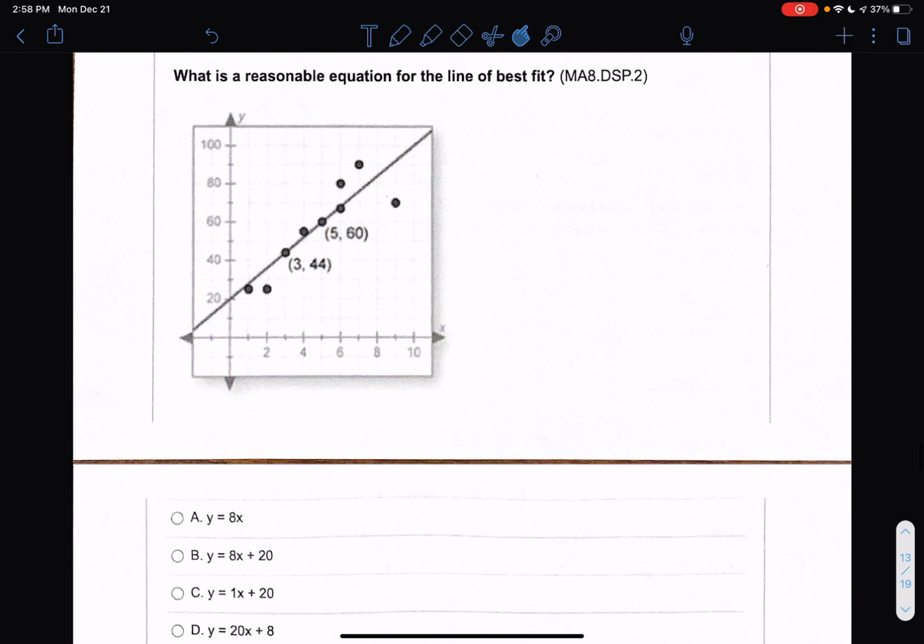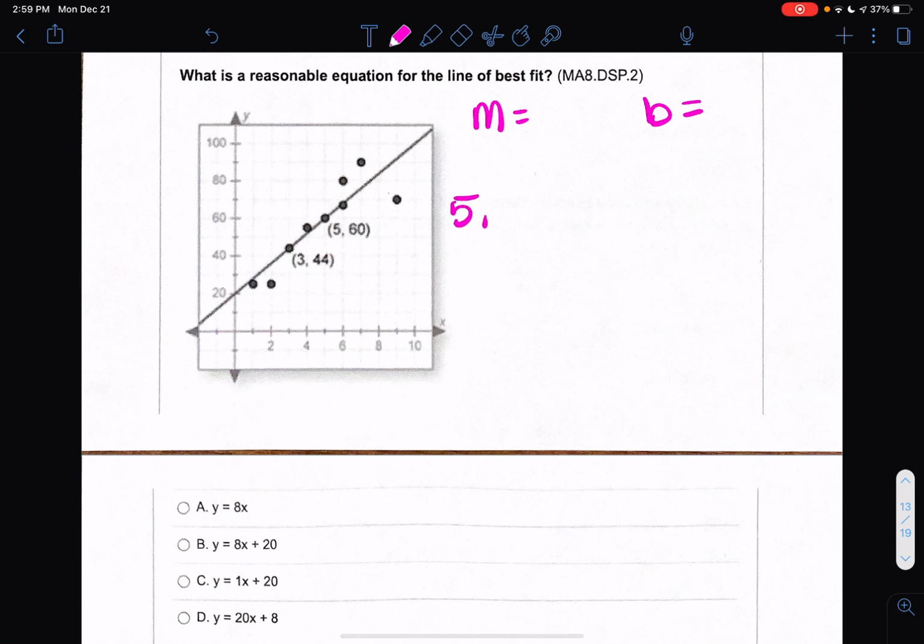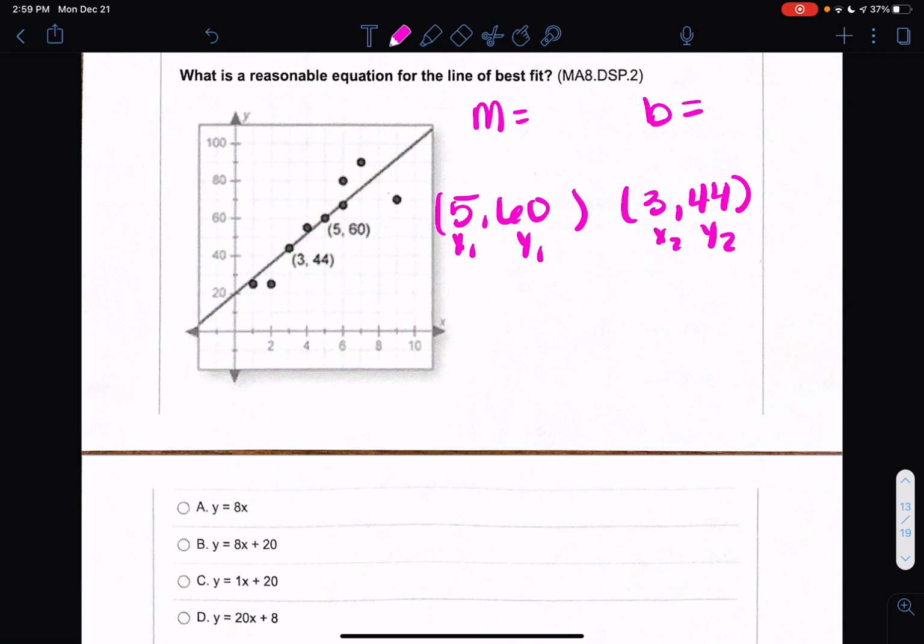And to see one just like that one, except they actually give us our points, we once again have to find what m is equal to and what b is equal to. So using the ordered pairs given to me, I'm going to find my slope. Okay, this one's x1, y1, x2, y2. Plugging it into my slope formula, which is y2 minus y1, all over x2 minus x1,